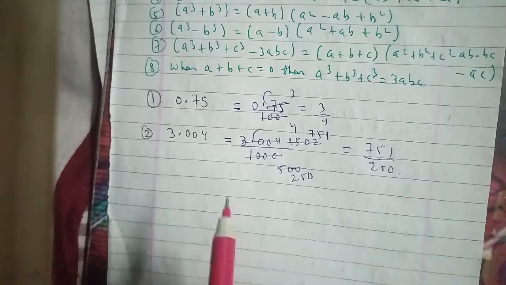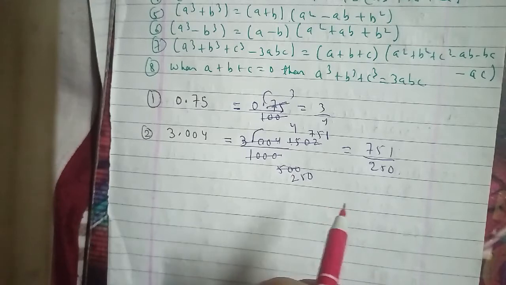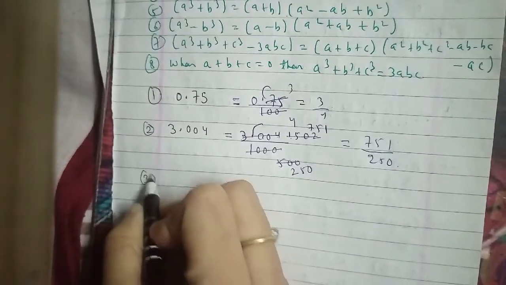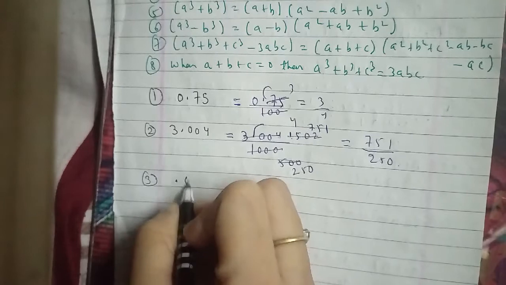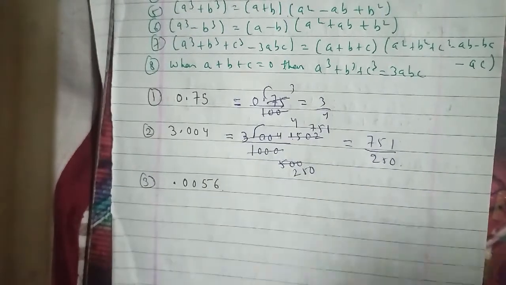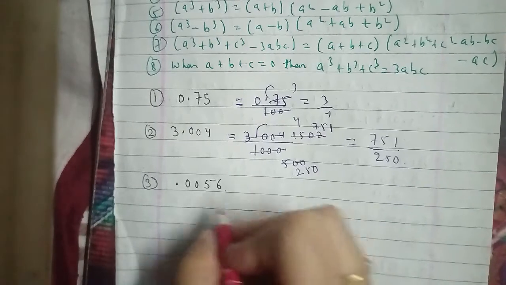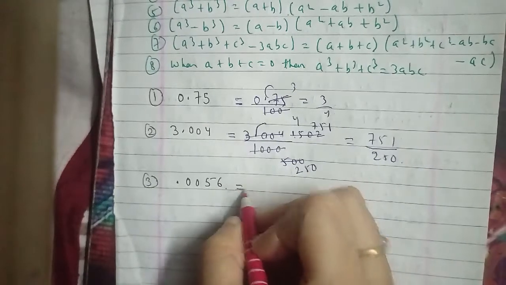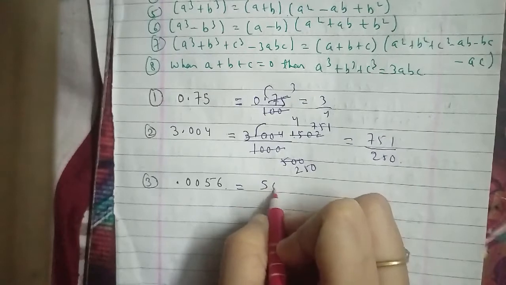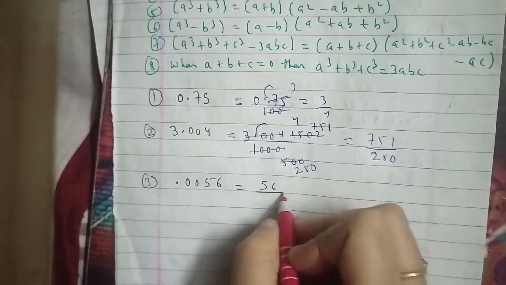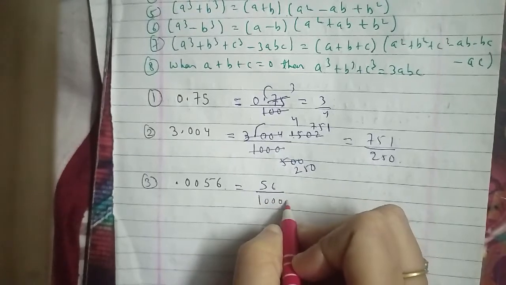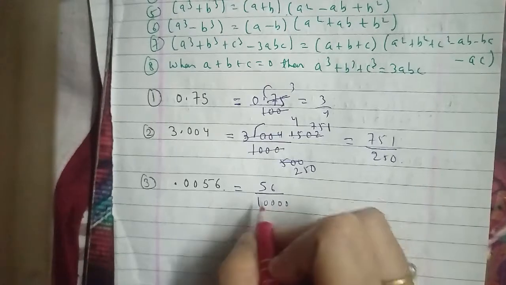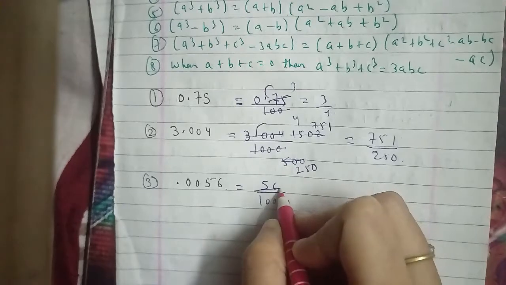The question is 0.0056. We remove the decimal and add 4 zeros in the denominator, so the numerator is 56, because a zero before the number is not countable. 1 0 0 0 0, there are 4 zeros, and when we cancel it out, this is 8, this is 1250, so the answer will be 7 upon